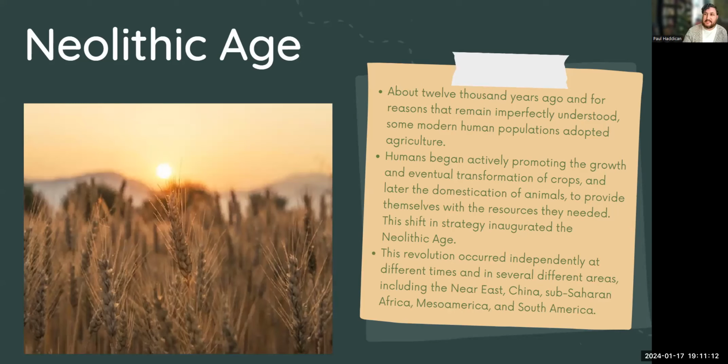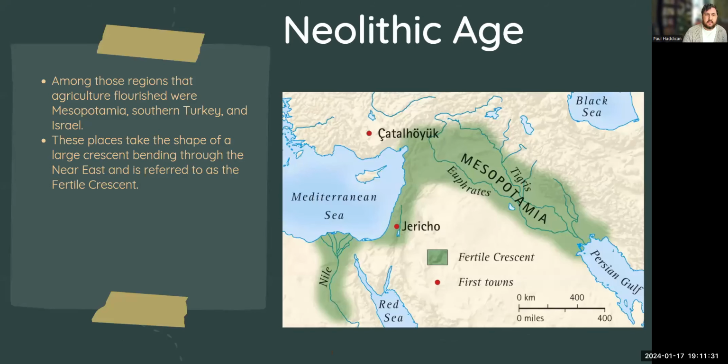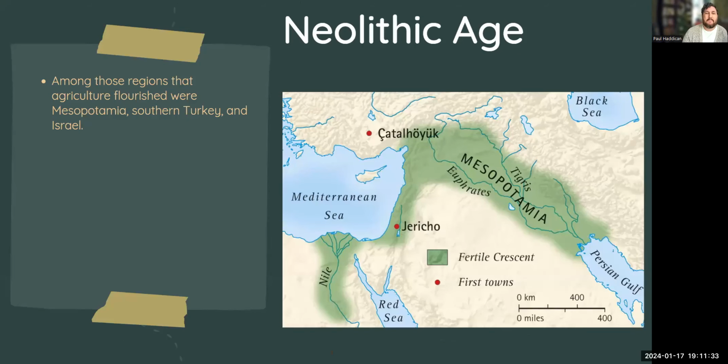So it's kind of crazy that for whatever reason, at the same time, humans all kind of make this decision to start staying in one place, to start growing their food, to start raising their animals, rather than doing what they had been doing for millions of years at that point. And so in the Neolithic age, sorry, we have a couple of different regions that really take off and are able to adapt this culture, this agricultural setting